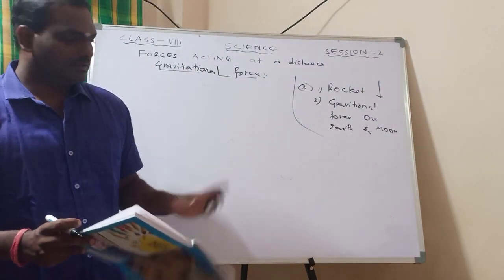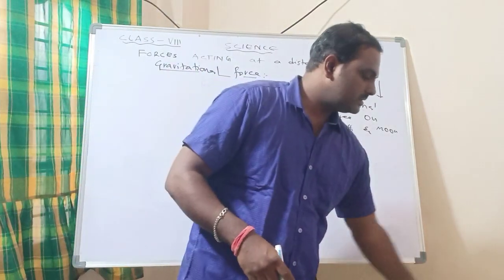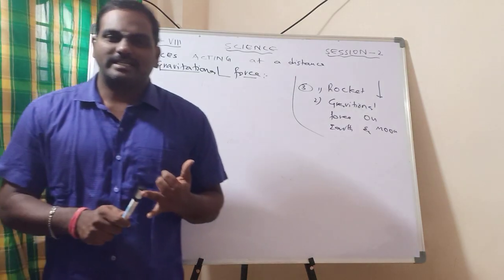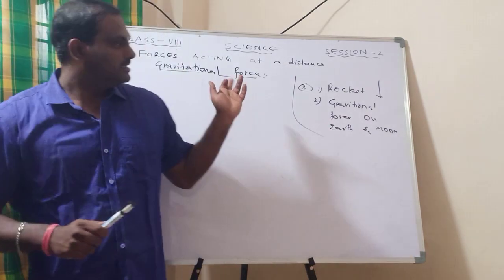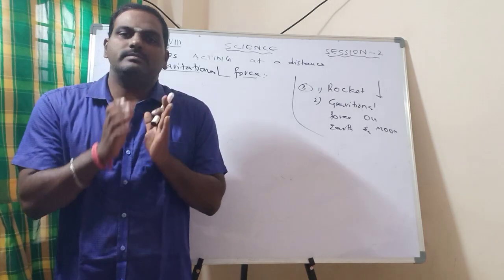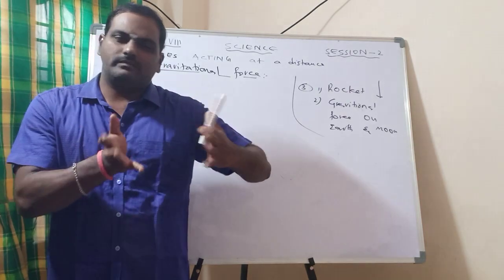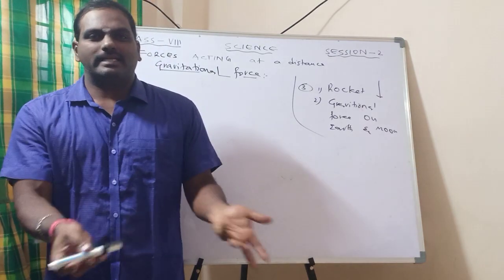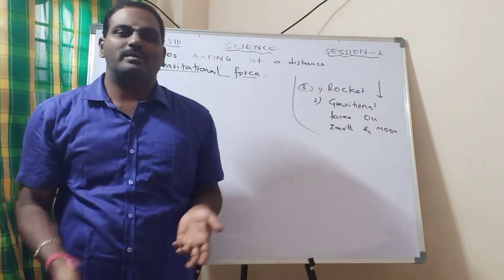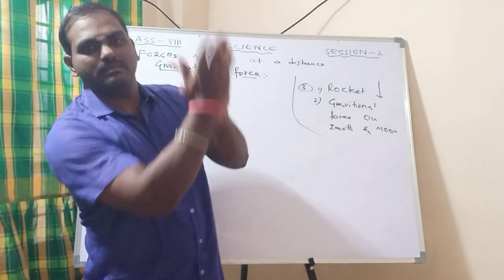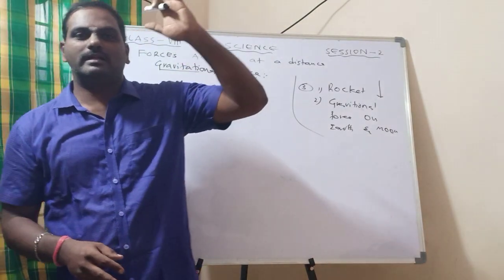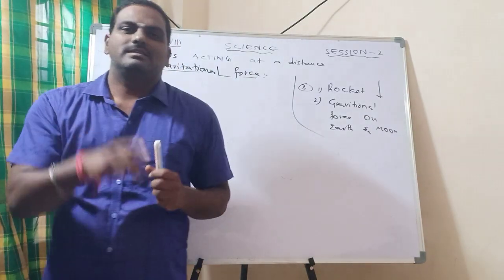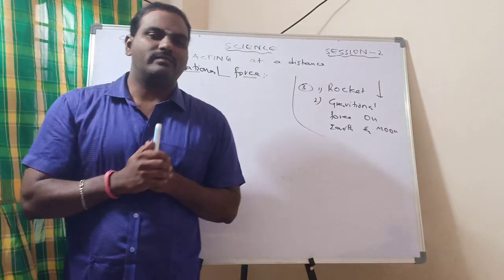The topic is, so by this the concept of force at a distance is finished. The 3 types: first one is magnetic force, second is electrostatic force, and third one is gravitational force. For each and every term, you should learn minimum 2 or 3 sentences and one example, and if possible, go for an activity. For this, there is a daily activity: throwing the pen, it will come down. Whenever you are playing cricket, if a batsman hits a shot, the ball won't go away. Any Sachin or Kohli also will not do like that. Any ball that goes up, it will come down. This is because of Earth's gravitational force, right?